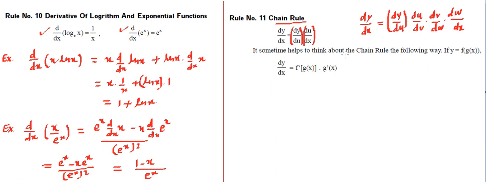It says it sometimes helps to think about this chain rule in the following way. Let's say we have been given it in this manner, and that's going to be important. y is a function of another function which is a function of x, so that's called a function of a function. If within a function there is another function g, and we need to find dy upon dx, first we will differentiate the first function. Whatever this is, we need to differentiate first. So that's f dash, the differentiation of the first function. Then we need to multiply with the differentiation of the function which is inside. So this second term is the differentiation of the inside function.